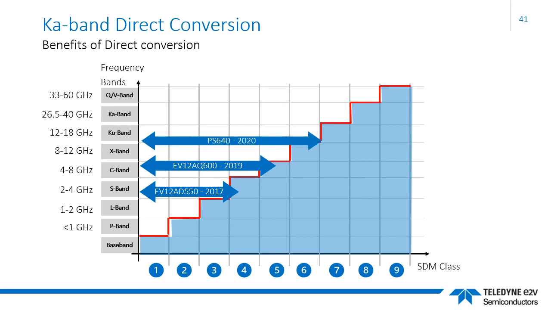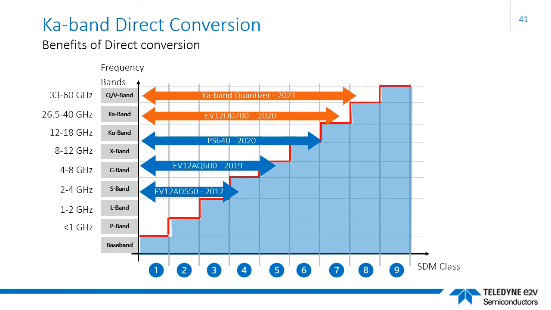With the arrival of the PS640 development work completed this year, Teledyne now has a prototype Class 7 solution ready. The announcement of the development of the full Ka-band quantizer solution, also introduced today, together with the dual DAC, leads the company to having a Class 8 solution for the receive path ready by the end of 2021. Roughly speaking, that's a development time of little more than 5 years and an astonishing rate of advancement to SDM technology.